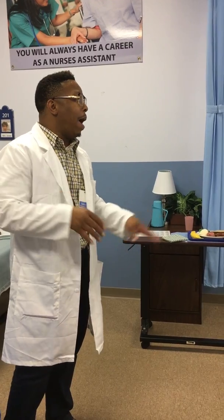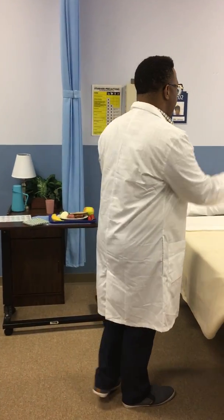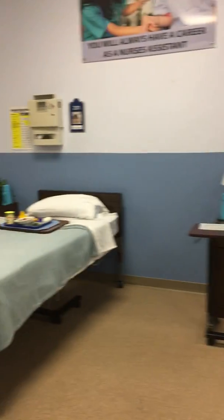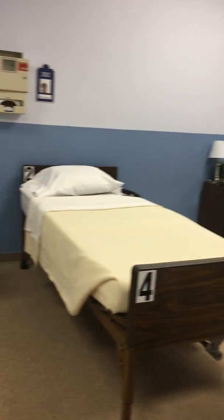Patient not in here, so I put the bed in lowest position, locked all wheels, made sure the room was clean, patient call light where it needs to be, and I will put my hamper back, and the last thing I would do is what? Wash your hands. And that's it. So that's what y'all will actually practice, is how to make an unoccupied bed. And then you all can